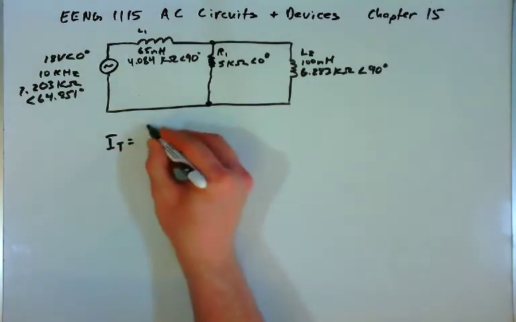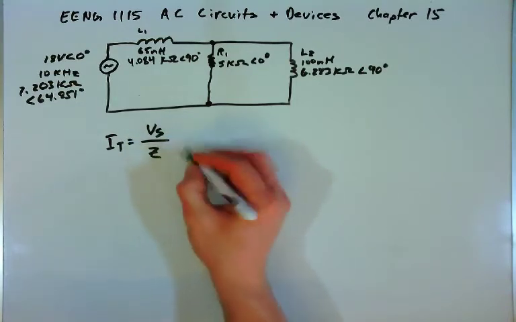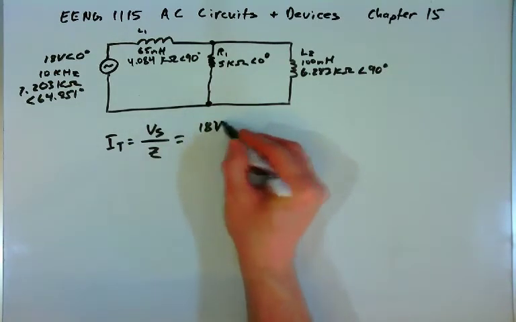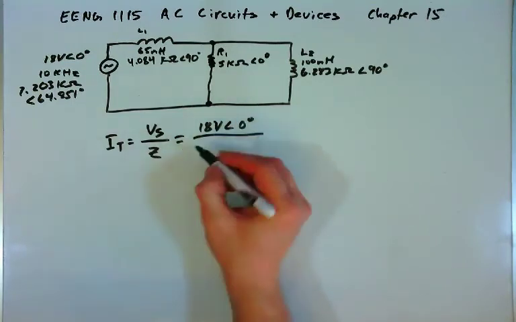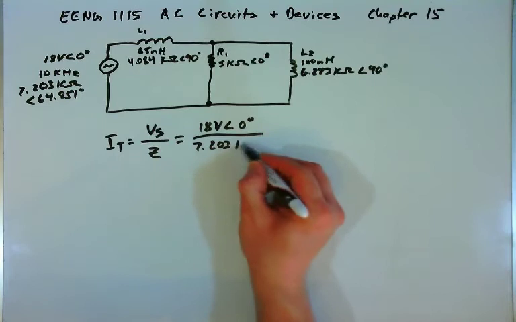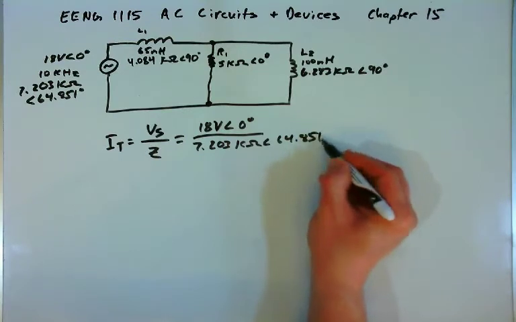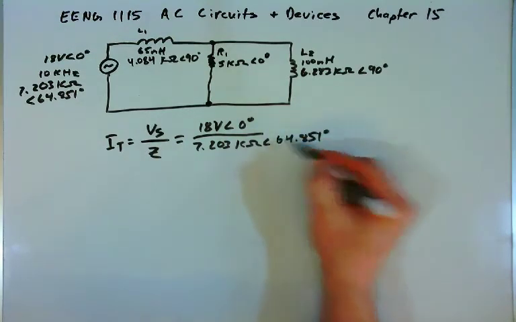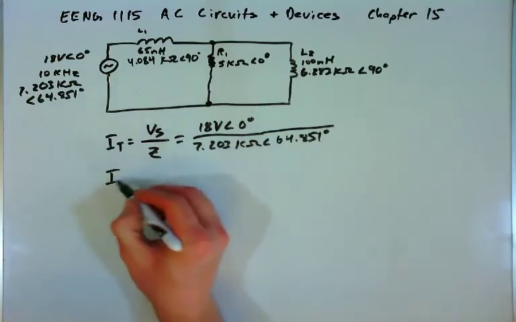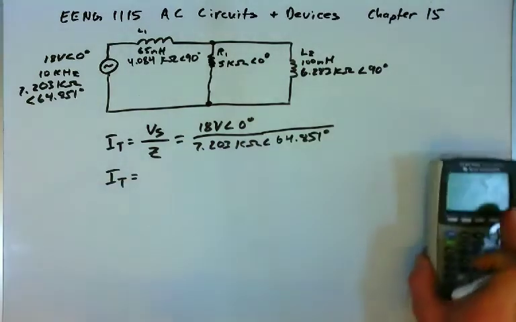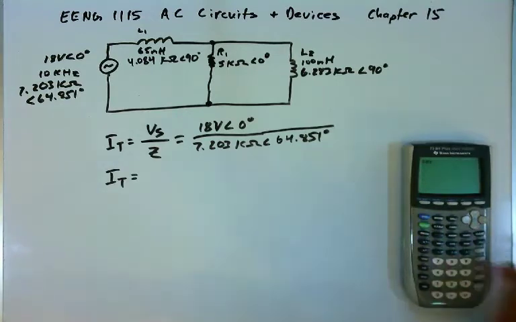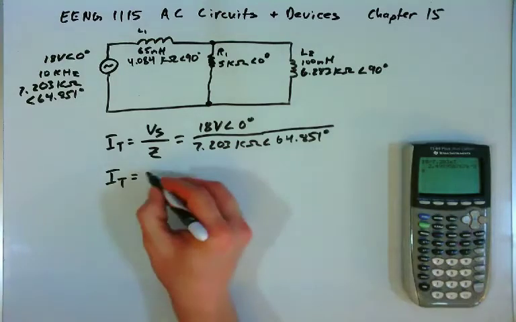Now that we know the total impedance for the circuit, we can find the total current. The total current will be the source voltage divided by the impedance. Source voltage is 18 volts at 0 degrees. Total impedance is 7.203 kilo ohms at an angle of 64.851 degrees. So the total current will be, we will divide the magnitudes. We have 18 volts divided by 7.203 kilo. And so we get 2.499